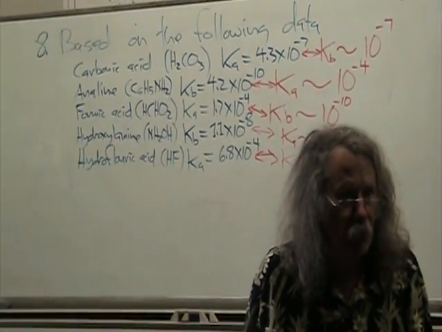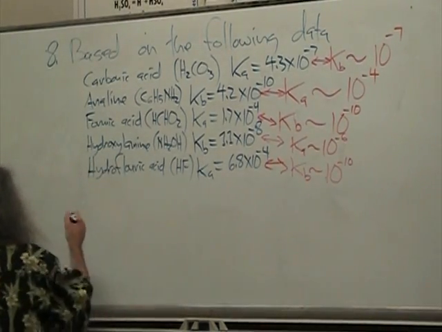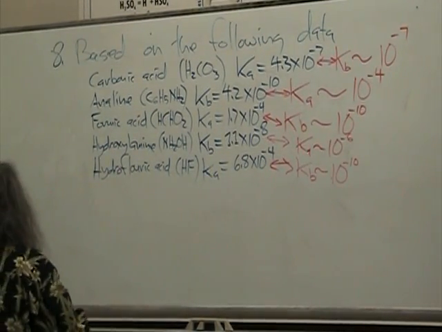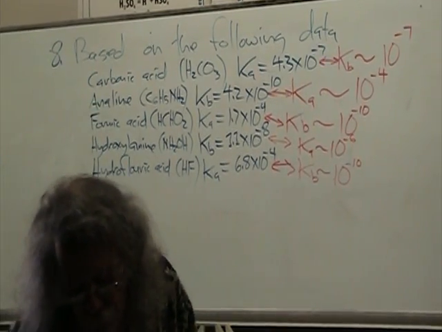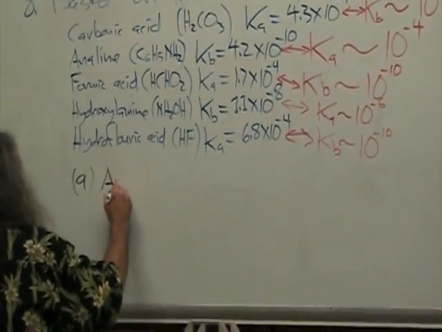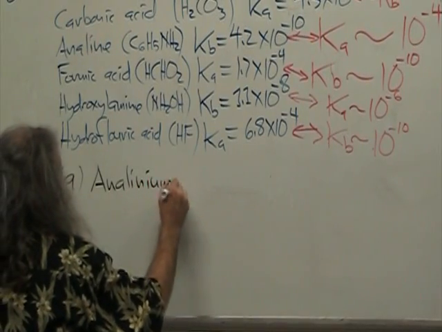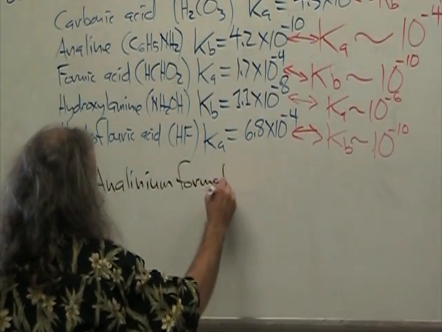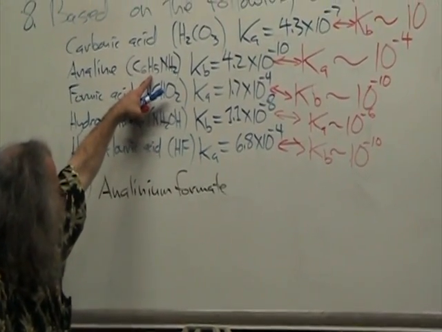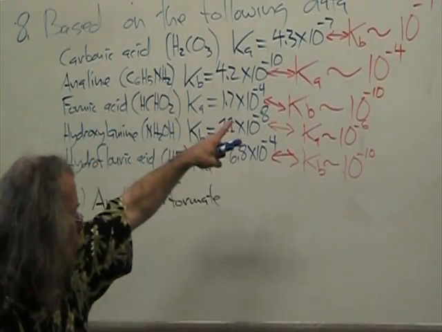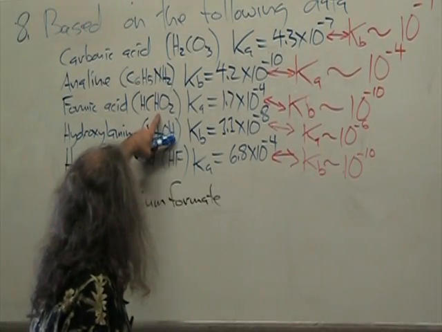Calling it neutral. Okay? Now, let's look at some of the salts. What was the first salt? Anilinium formate. I can't even spell it. Okay, so I'm taking the conjugate acid of the aniline and the conjugate base of formic acid, the formate, and